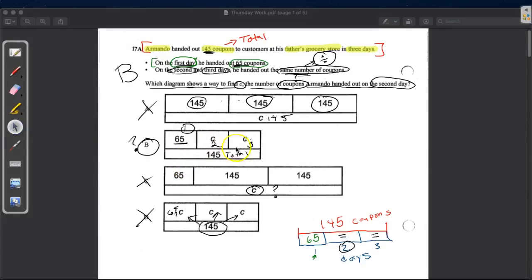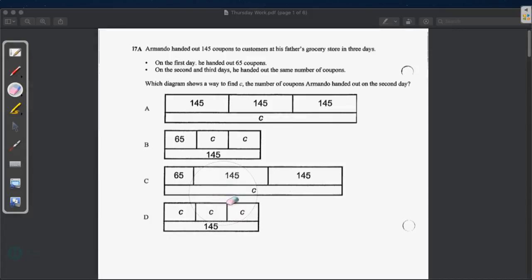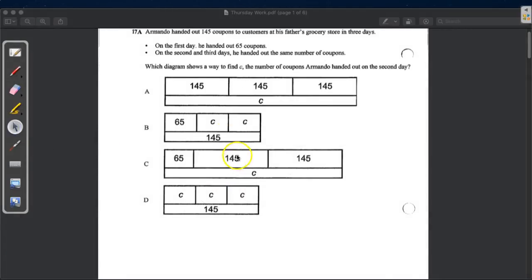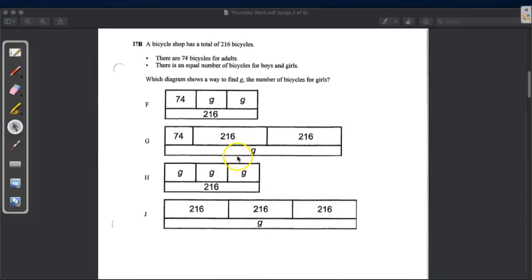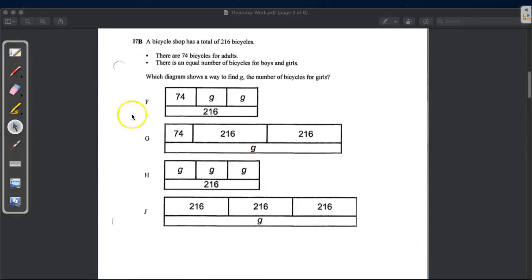Okay, so that was for 17A. Now let's go ahead and make our way to 17B. Here it is. And I'll read it to you. This one says,